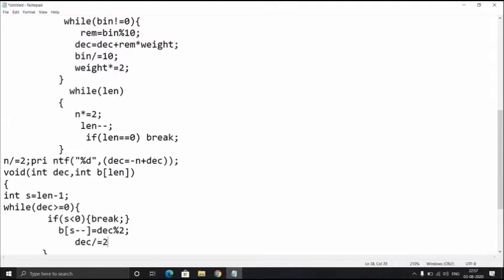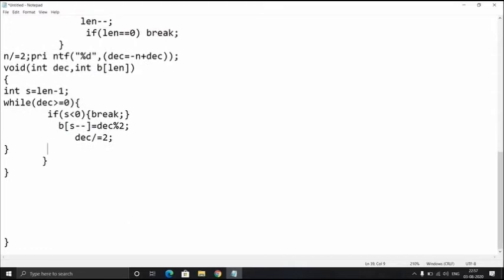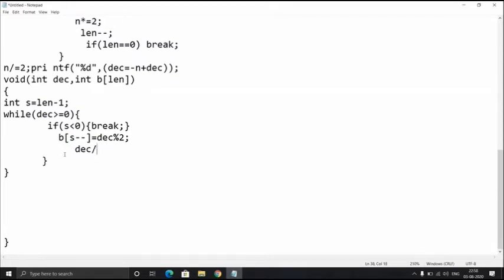So in this way, by using this logic, we can assign the values to the array B. After that, the decimal value will be divided by 2, and then again the same process will be continued. Whenever s reaches less than 0, it will break and not execute the loop. The execution will be completed.